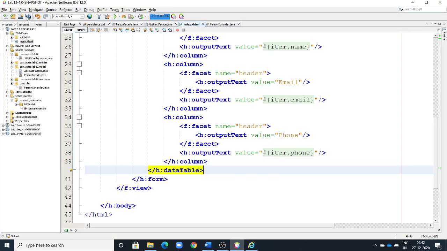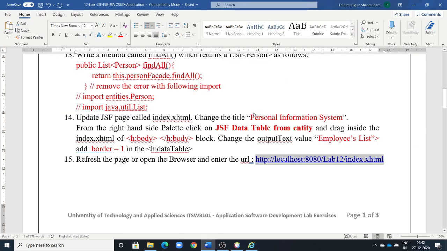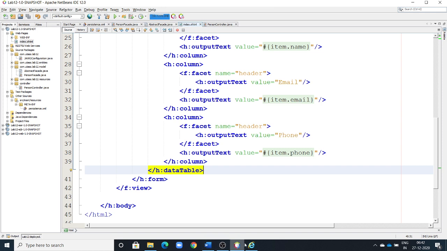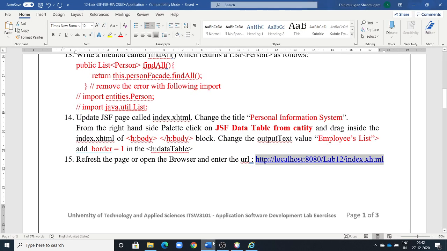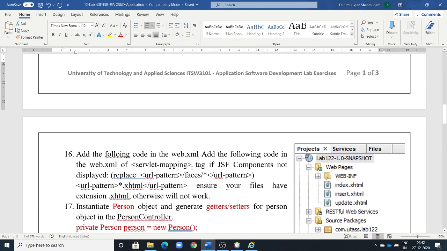Why? There are two options. One is that it is not saved. Okay, now I saved. Now go to that page again and refresh. Okay, now see that once I refresh, it is not showing anything. That means my JSF tag is not rendered. If you have this error, what is the option? Is any step given? Yes. For example, it says to just update the web XML file and change your URL pattern.